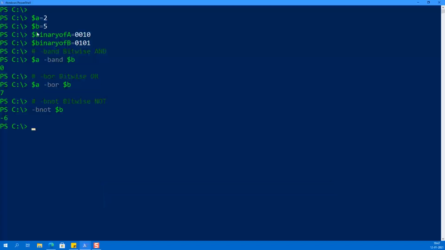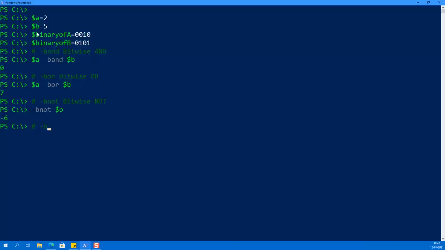It performs the logical negation of each bit. Bits that are 0 become 1 and those that are 1 become 0. Here the bitwise complement is equal to the 2's complement of the value minus 1. So the 2's complement of $b is -5, and if you add -1, then the resultant will be -6.